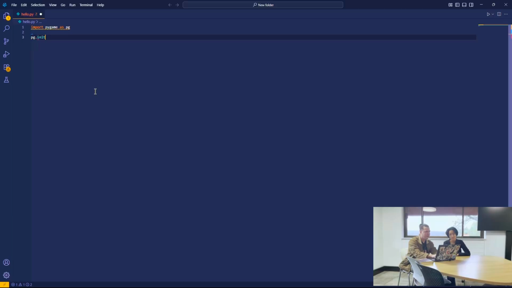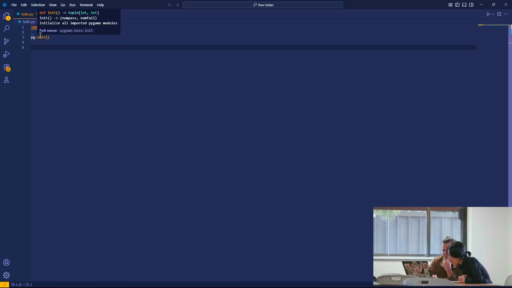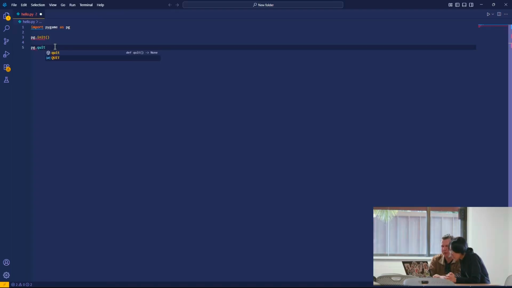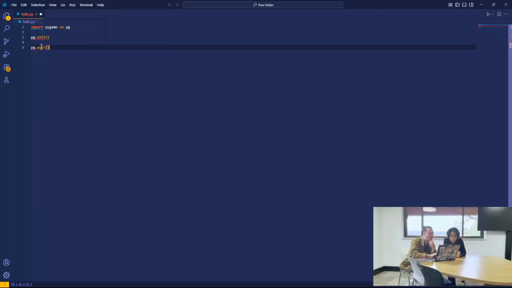First thing I'm going to do is initialize Pygame. It initializes all imported Pygame modules. So there are different modules like image loading and sound as well. The auto suggestion came up, so that seems about right. I'll initialize all the Pygame modules. The next thing I'm going to do is make the screen surface, so I'm going to make the window that displays on the screen. What I'll do is I'll just go pygame.display